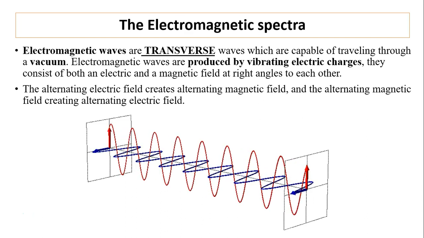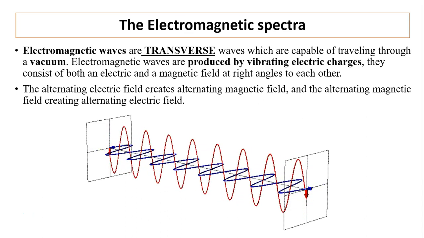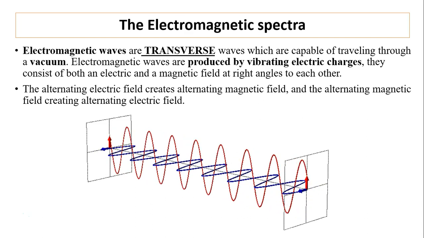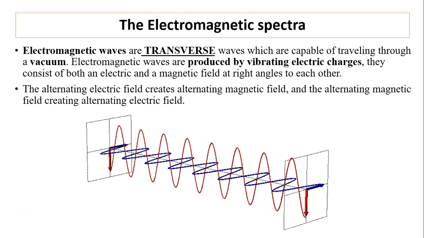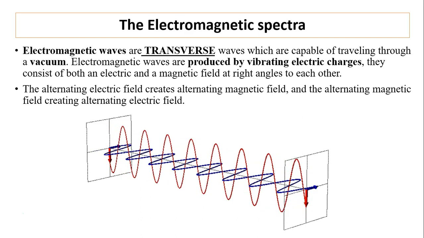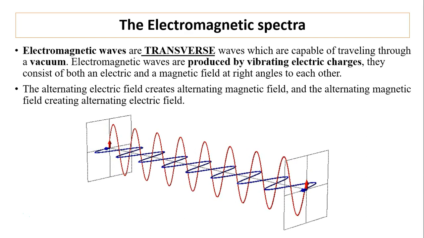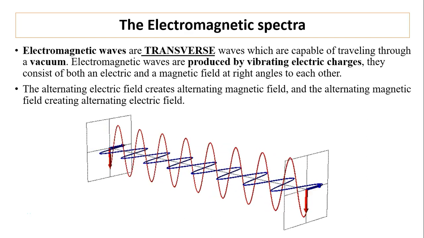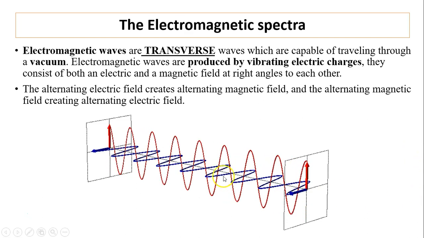The electromagnetic spectrum. Electromagnetic waves are transverse waves which are capable of traveling through a vacuum. Electromagnetic waves are produced by vibrating electric charges. They consist of both an electric and magnetic field at right angles to each other. So the direction of travel is also perpendicular to the